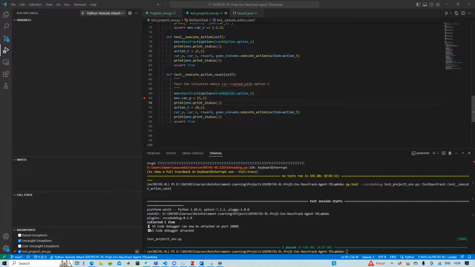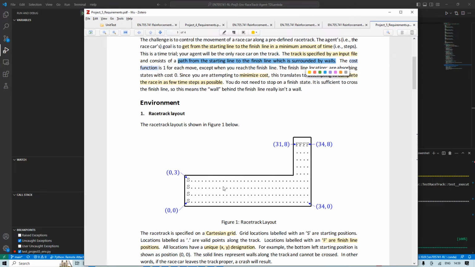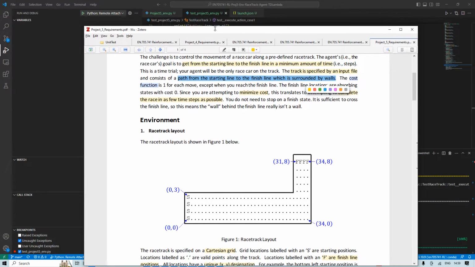Okay, today I want to present how to use the VS Code debug mode together with Pytest to test a certain function. In my case, the function that I want to debug is this unit test, where I want to test that my car crashed in this boundary, where essentially